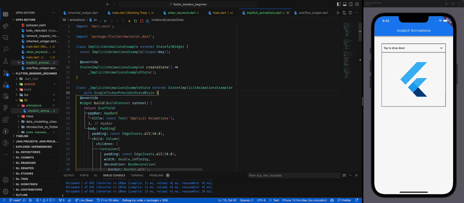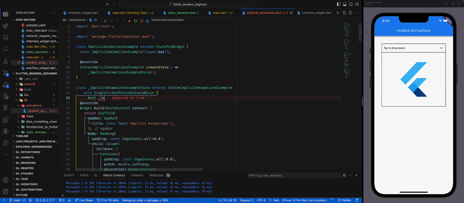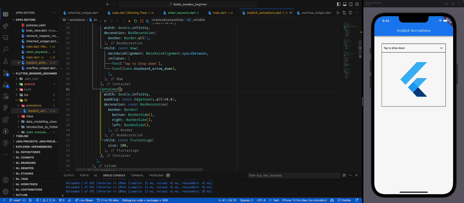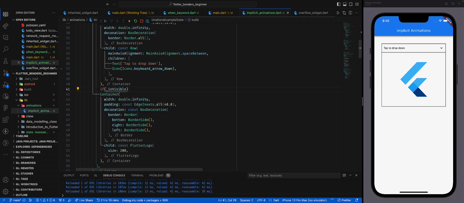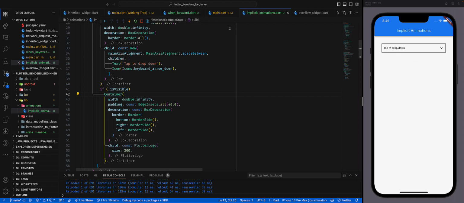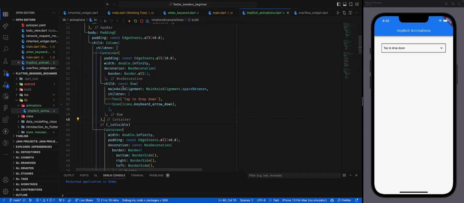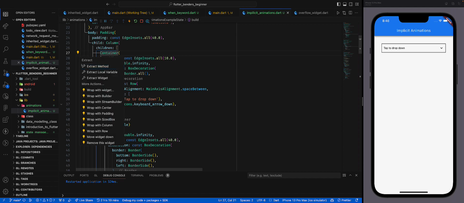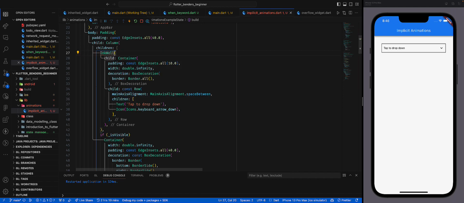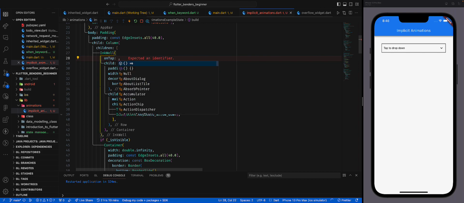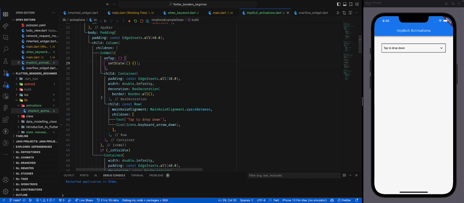So let's create a boolean variable. Let's call it bool isVisible, equals false, right? And then we'll say that if it's visible, for example, show this thing, else don't show anything, right? And then when we tap this, let's wrap this row or this whole container itself with widgets. Let's wrap it in an InkWell, and then the onTap, let's say we're setting isVisible to be